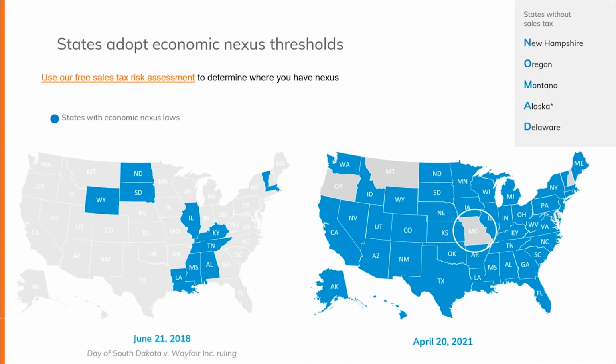Now, here's a fun fact you can use to entertain people when you are at a cocktail party. There are 5 states that do not collect a state sales tax. That's New Hampshire, Oregon, Montana, Alaska, and Delaware, otherwise known as the nomad states. So you can always remember which states they are. Now, there's a little asterisk here on Alaska because while Alaska doesn't have a state sales tax, there are a number of local jurisdictions within Alaska that do impose a sales tax. So that's your fun, entertaining fact that you can take home with you and use at your next party or family gathering. All righty.